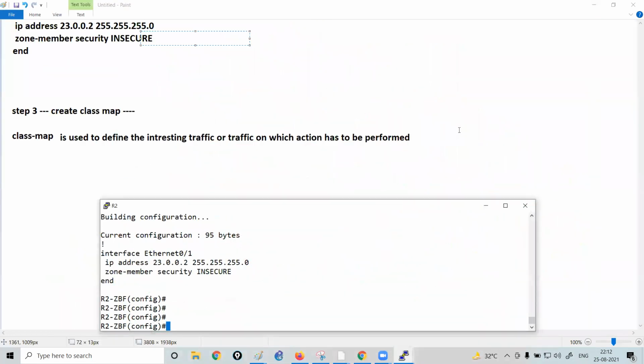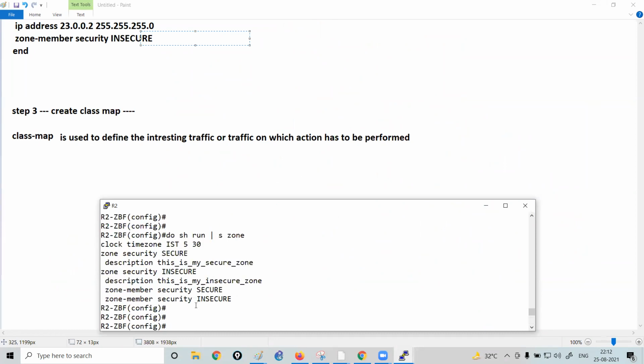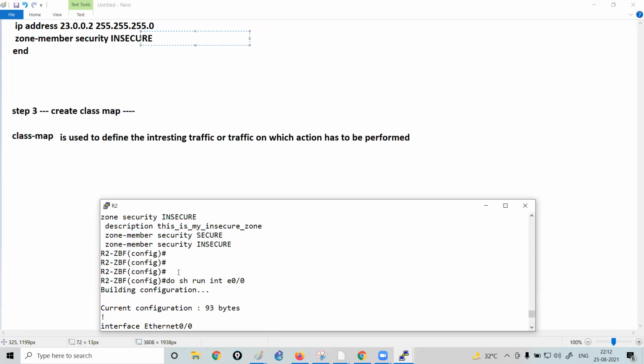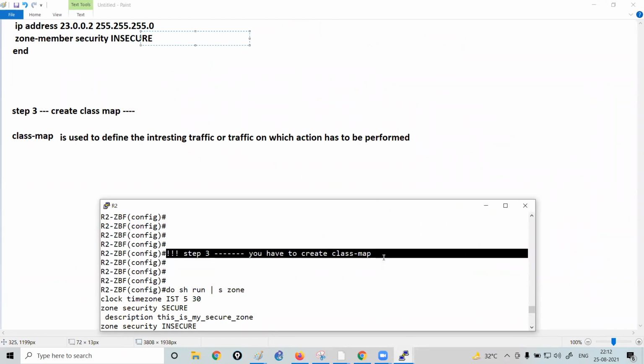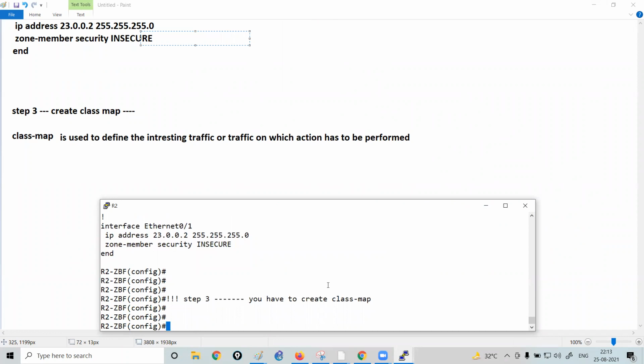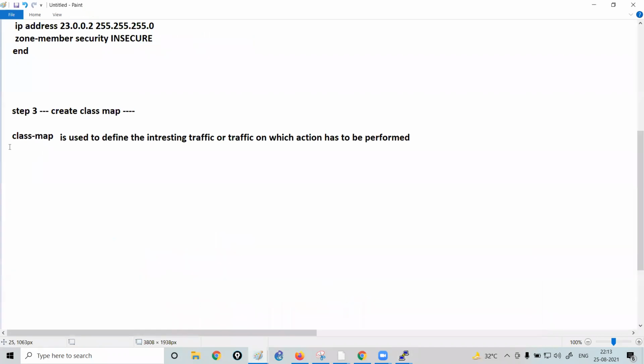But in the zone-based firewall, you have to create the class map on the router to define the traffic on which action has to be performed. So I have told you that the class map is used to define the interesting traffic. Interesting traffic means the traffic on which the zone-based firewall should take the action. Is it clear?